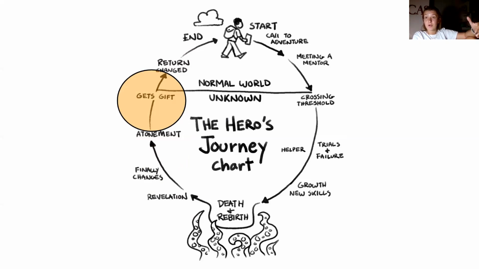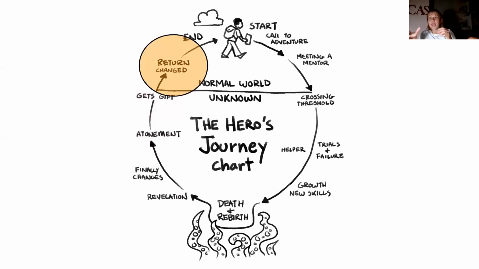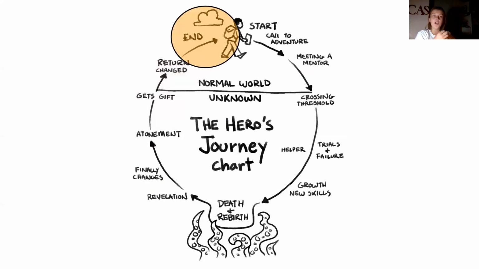But because she's a royal now, her new gift is royalty, and she stays in the castle, and the castle, which used to be her unknown, is now her normal world because she's going to live in the castle. And so she returns to the castle changed, because no longer is she a visitor in the castle, she is essentially an owner of the castle. And it brings us to the end, which is